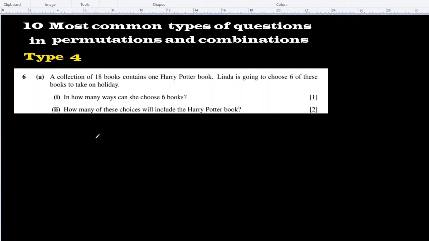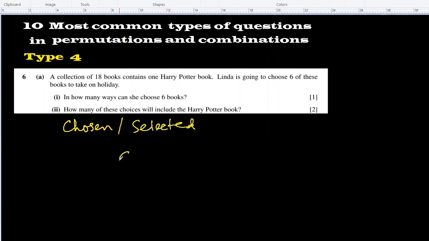This is type 4 of the questions, where they're saying a collection of 18 books contain one Harry Potter book. Linda is going to choose 6 of these books to take on holidays. First part says, in how many ways can she choose 6 books? They have not mentioned Harry Potter anywhere. So just any 6 books are to be chosen. The word here is chosen. Whenever they say chosen or selected,